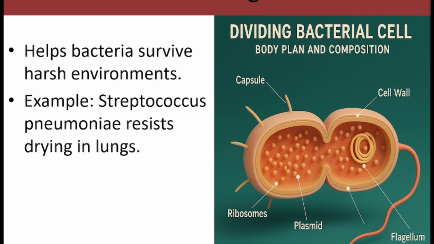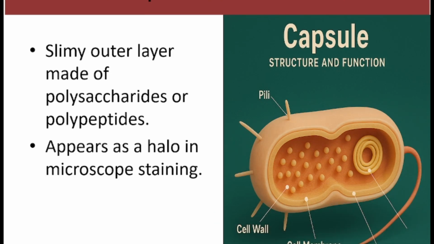And it is very useful for the microorganism to perform its role as a pathogen, a disease-causing organism, because it protects them from drying up and also helps them to interact directly with the immune system. So that is that. The next thing we are going to look at is